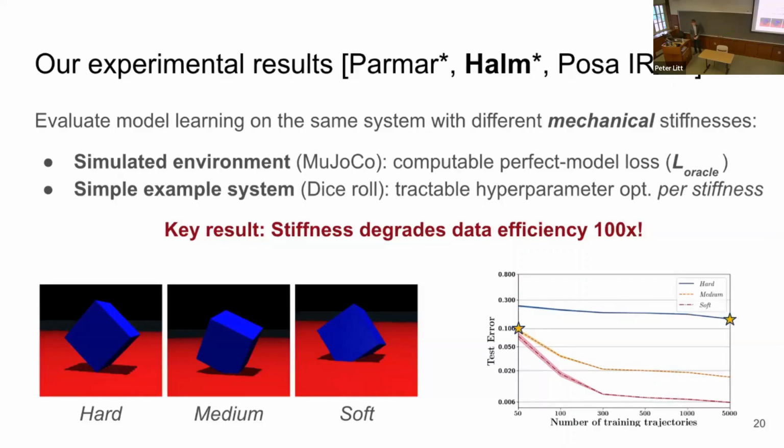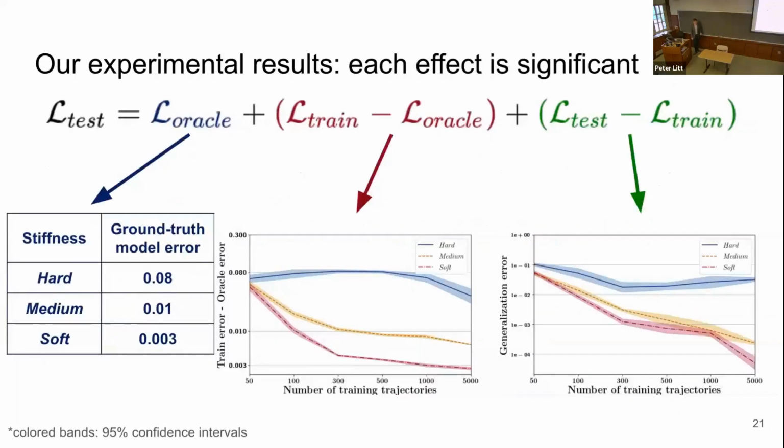So we plotted our results here on the right, and they show that increasing stiffness and holding everything else constant results in significant increases to test time prediction error. Particularly concerning is that the stiffest of these models, even with 100 times the calibration data to work with, still has worse prediction error than either of the software 2 stiffness settings that we examined. Overall, we find that each of the terms in our decomposition of the test time prediction error is significant, and those differences are statistically significant across a variety of data set sizes.